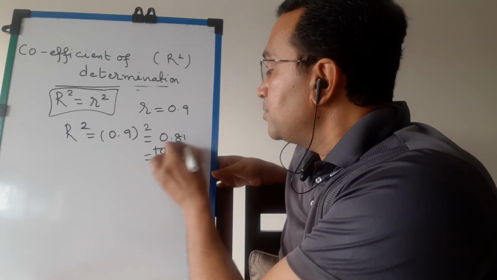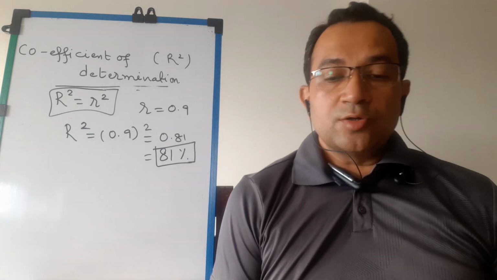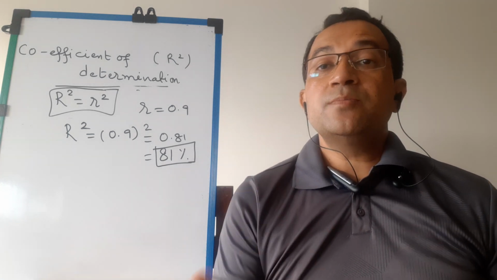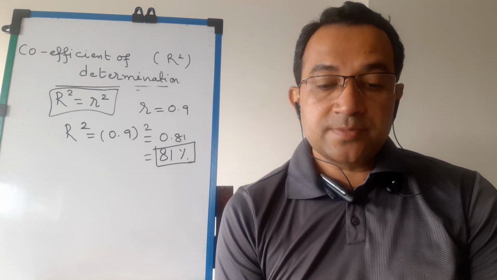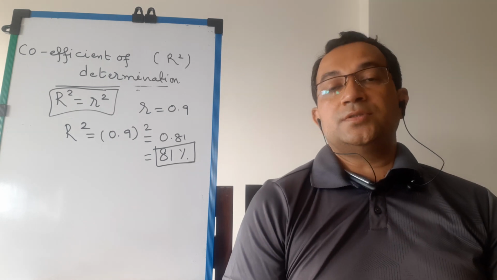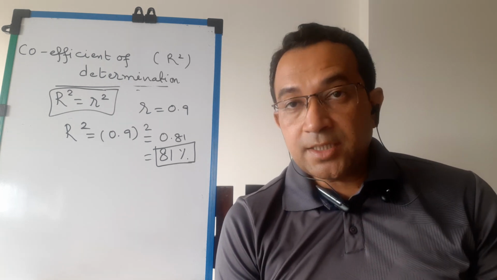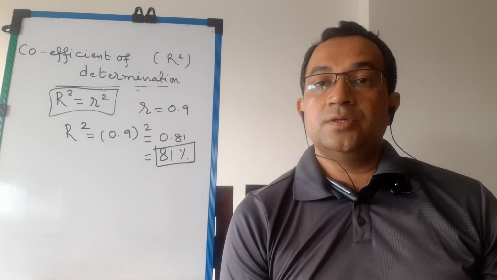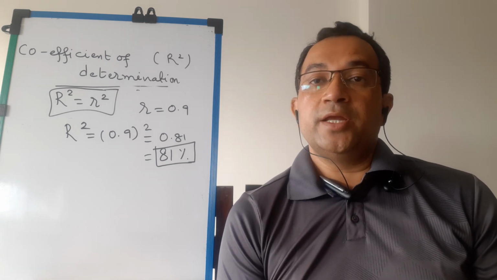So 81% of the variation in the value of y can be explained with the help of the regression line, and 100 minus 81, which is 19%, is not explained from the